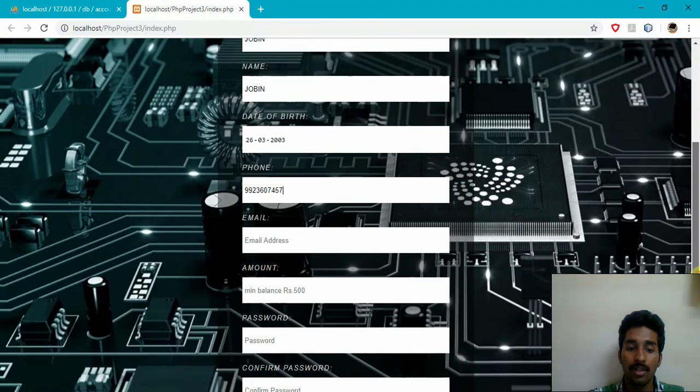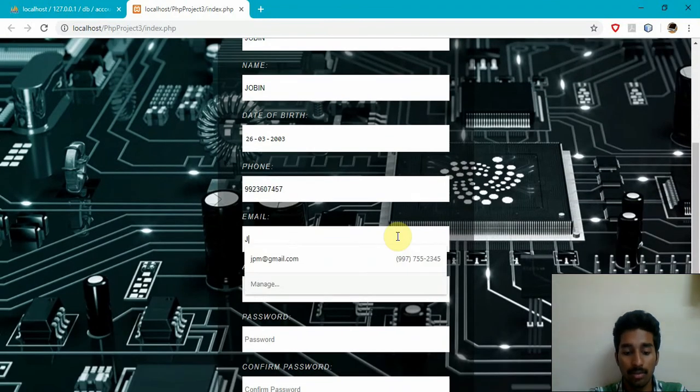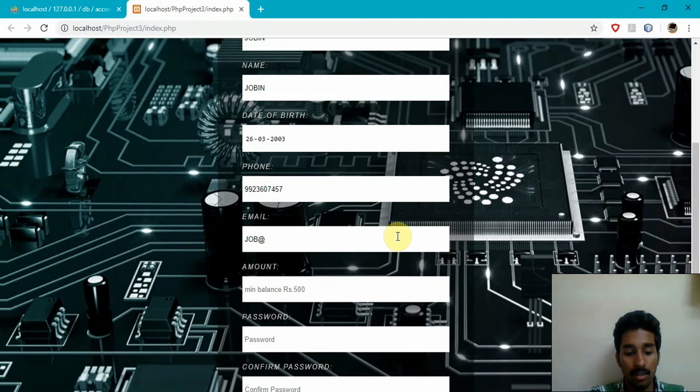After that, entering the phone number and email job at gmail.com. After that, the balance he is having is 2000, suppose. Now the password I'm giving it as